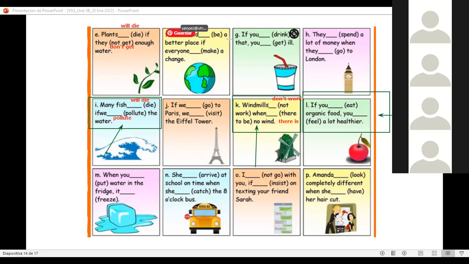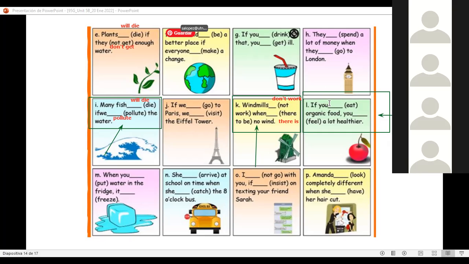If you will eat organic food, you feel a lot healthier. Cuando teníamos el if, ¿cómo iba el verbo? En el first conditional. En presente.